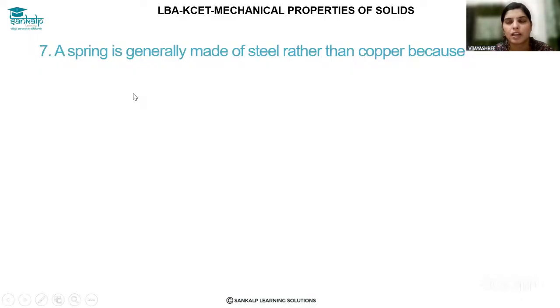Hello everyone, welcome to Sankalp Learning Solution. I am Vijay. We are discussing Lba-Kcet questions of the chapter Mechanical Properties of Solids. Let us look at question number 7. A spring is generally made up of steel rather than copper because